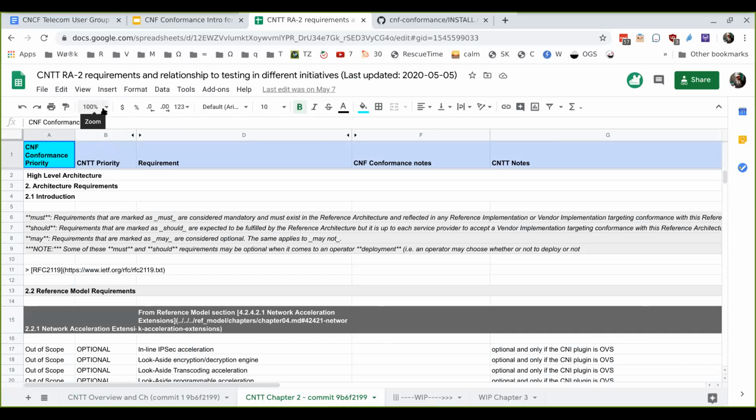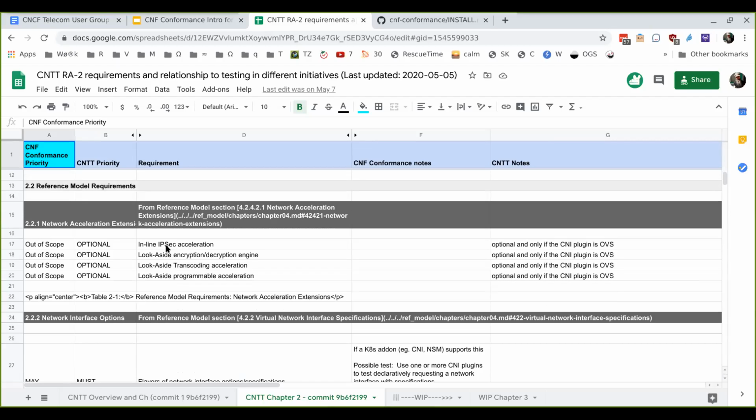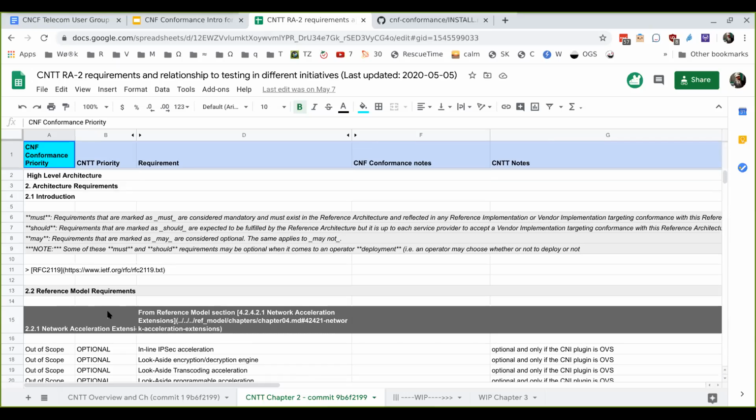CNTT reference architecture requirements, and then looking at the priority from a CNTT perspective, and then how is it a priority for testing, as in, is this related to Cloud Native? Is it out of scope? So some of these things, we're at least saying right now out of scope. We're not looking at testing IPsec acceleration, but others in here, which I'm not going to get into. This is a public document shared with CNTT, and it's in the TUG